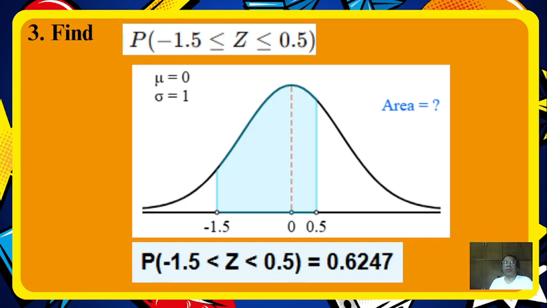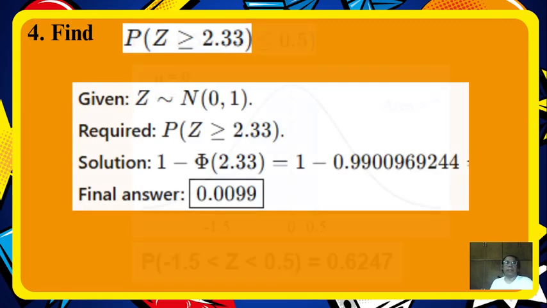I hope you can do it by yourself using the mathportal.org that I have given you in our previous lesson. Number 4. Find the probability that Z is greater than or equal to 2.33. So our solution will be 1 minus tau of